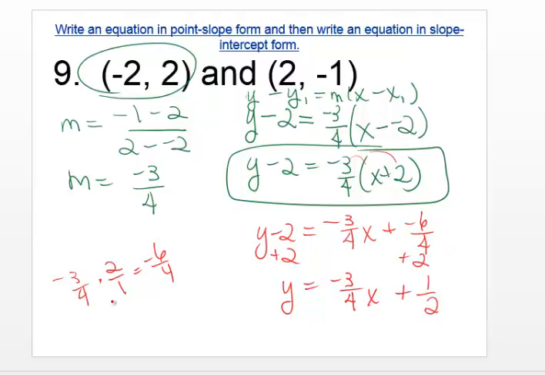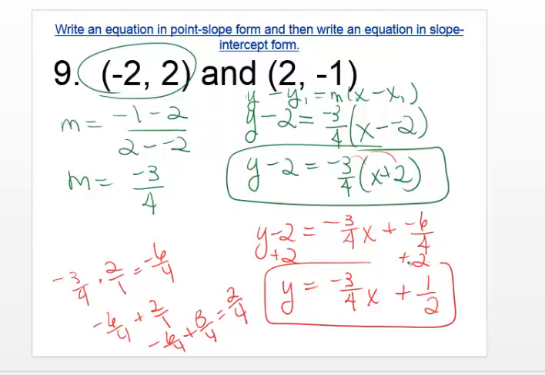But if you don't see that, you'd have to add negative 6/4 plus 2 over 1, make a common denominator. This would become 8 over 4 when you make that common denominator, and then you can add your numerators together, which is 2/4, and that reduces to 1/2. So that is slope